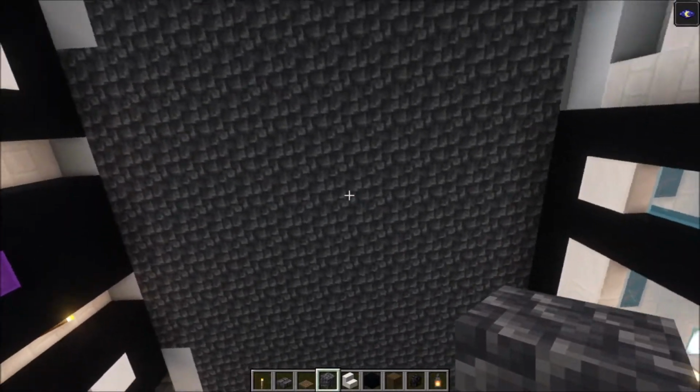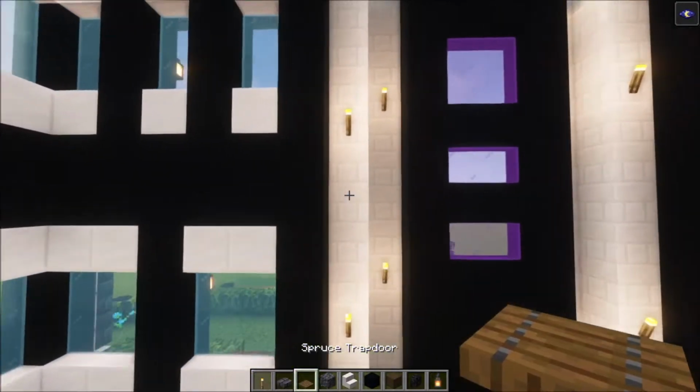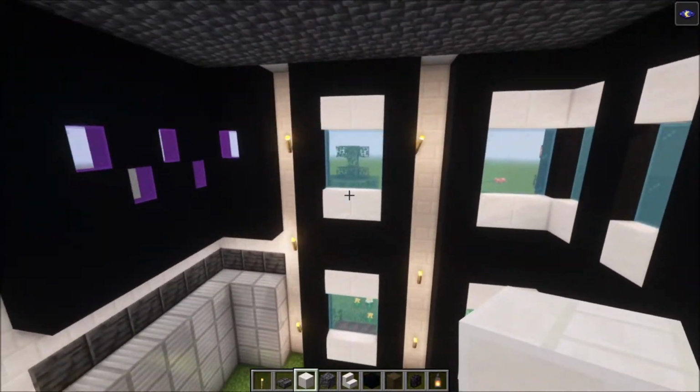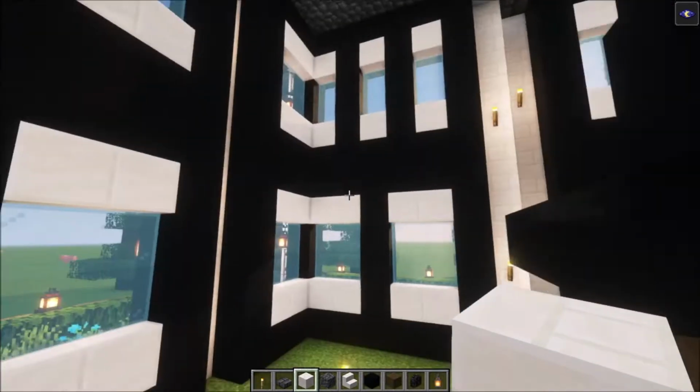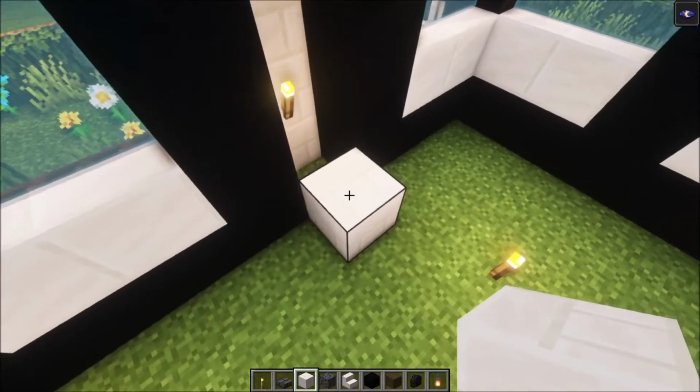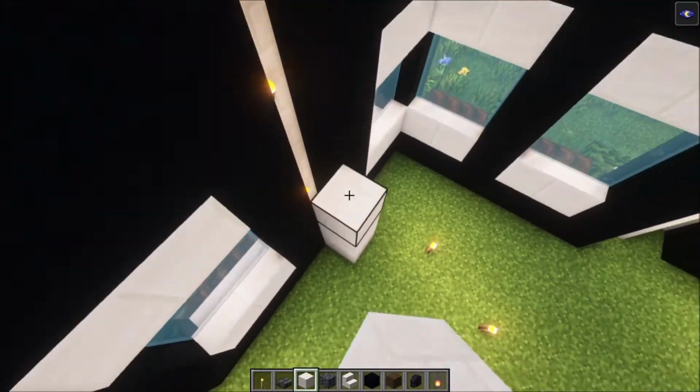Once you are done with the roof, what we're going to do is we're going to indicate some pillars on the inside. As you might have noticed, I have lit up each pillar so that once we add a block in front of it, it stops it from